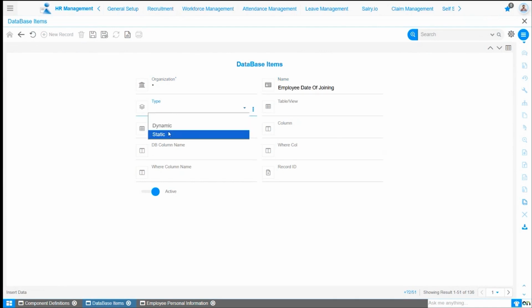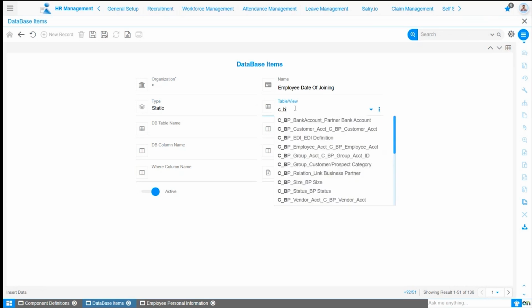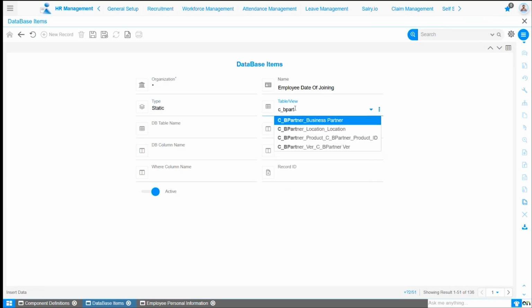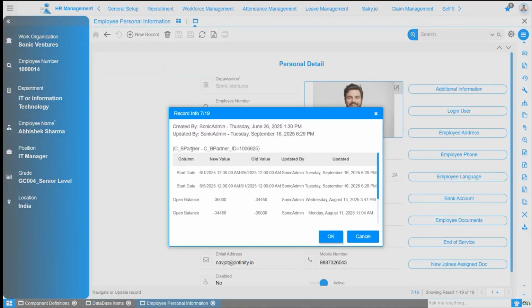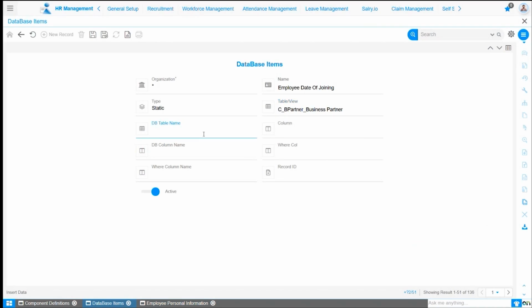We'll set it as static and we need to choose the table. We'll choose C_B partner because our target table is C_B partner on personal information. After choosing this, we have to write the table name here. Then select the column which holds the start date of employees. It's VA058_start date. And in a similar way, we need to copy the name of column and paste it in the